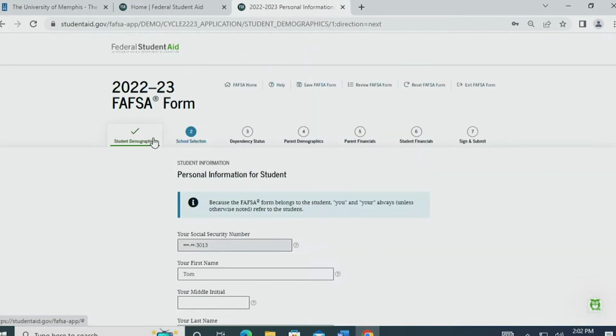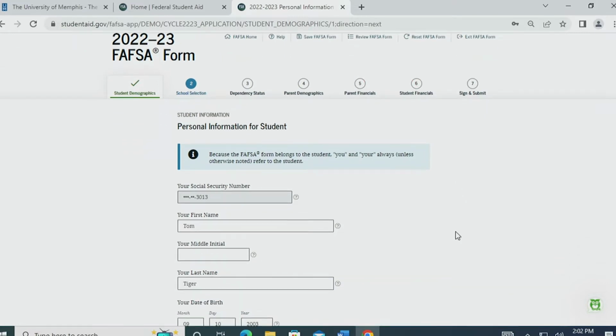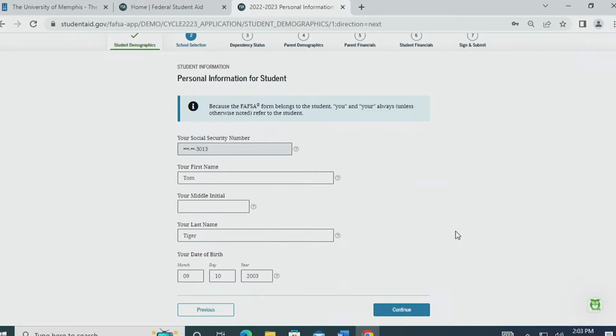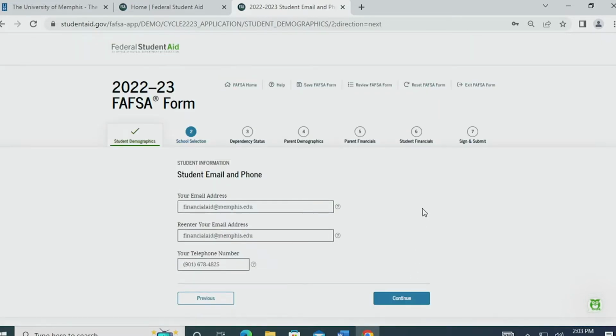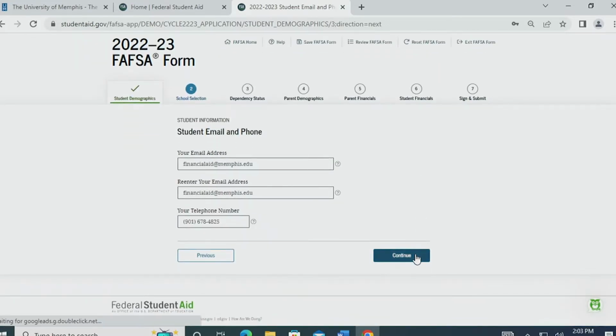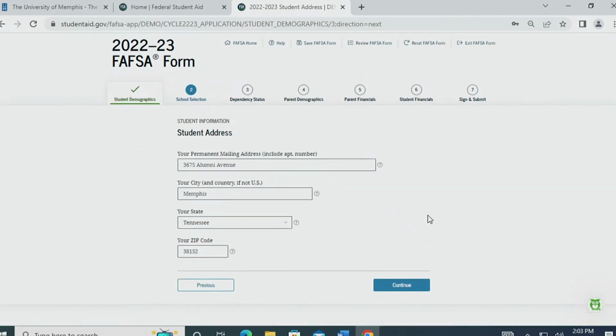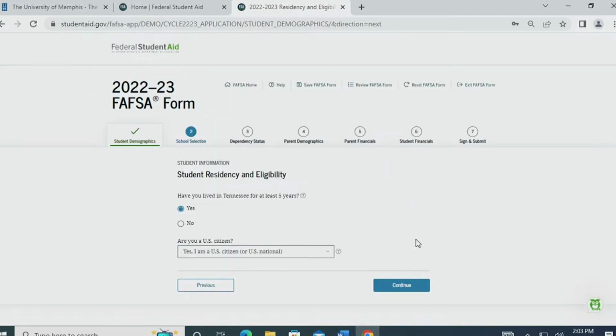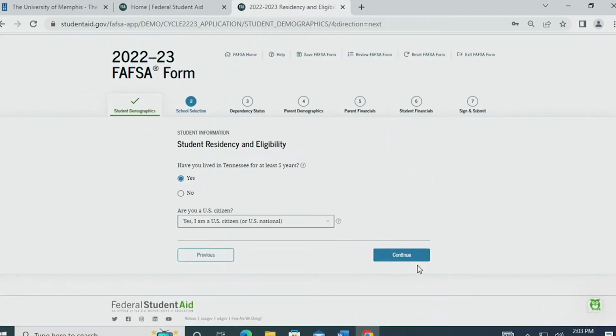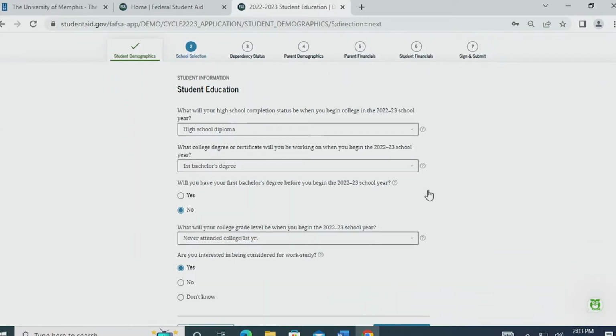The FAFSA is divided into 7 sections, some longer than others. The first section is Student Demographics. In this section, you will input and confirm your name, date of birth, Social Security number, contact information, residency and citizenship status, as well as other eligibility criteria and some student educational background.